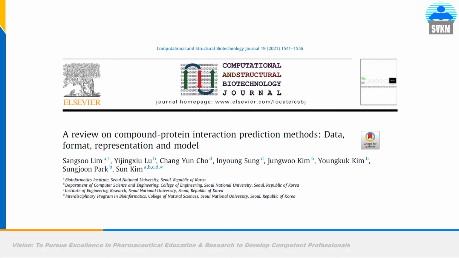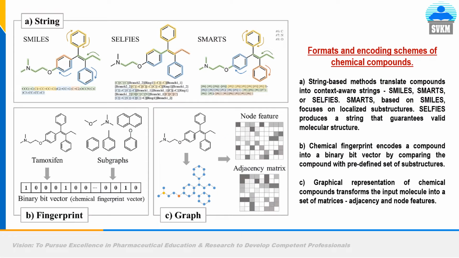Another article is a review on compound protein interaction prediction methods, data, format, representation and model. It is a very good paper for learning molecular representation. Again, as I told you, this is the concluding video in the series of how chemicals are seen by machine. Here A is strings, that is SMILES, SELFIES and SMARTS.